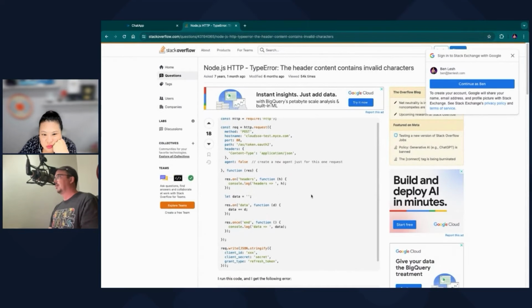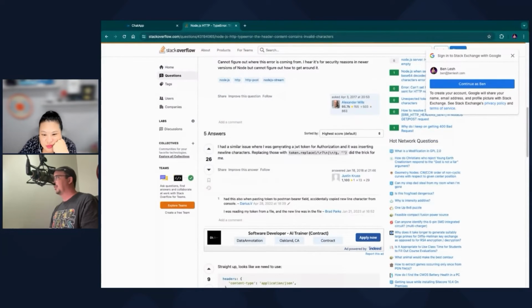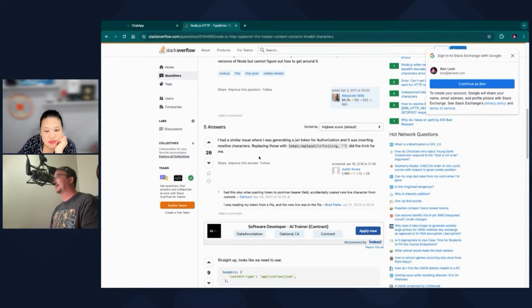Oh, let's see. Had a similar issue. I was generating a token and it was inserting new line characters. What? Inserting new line characters. And I'm not doing anything like that.